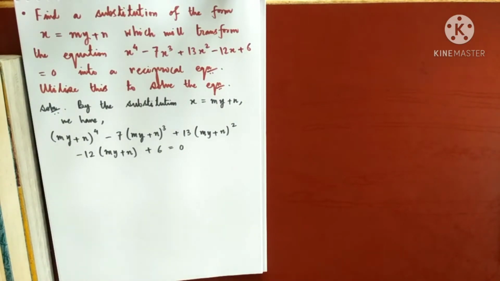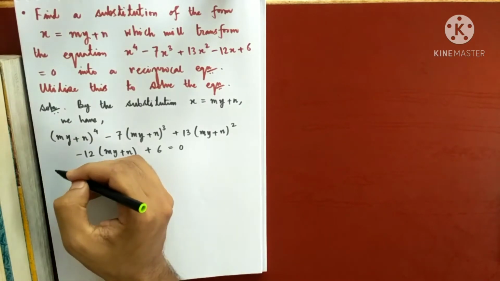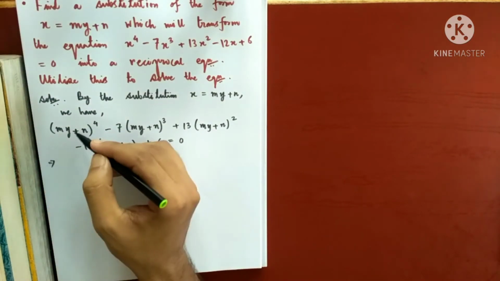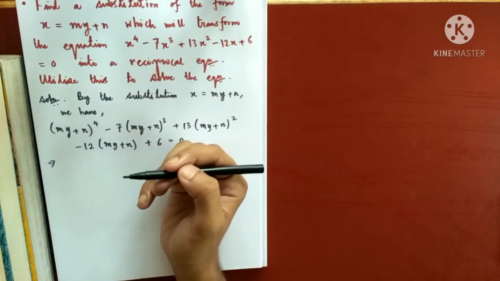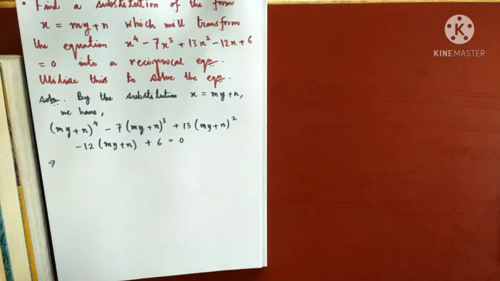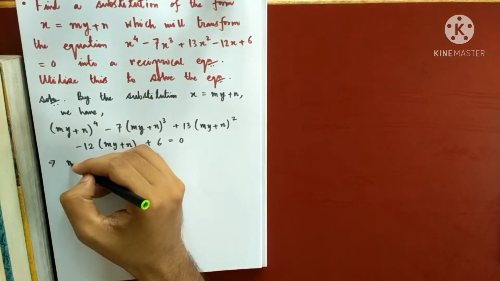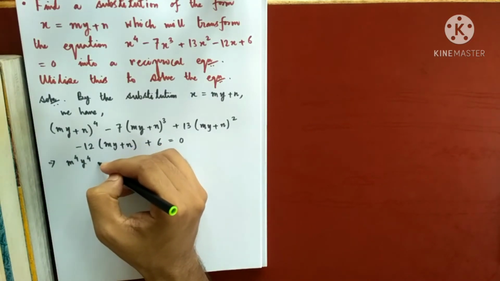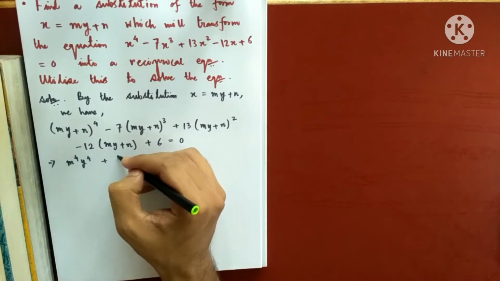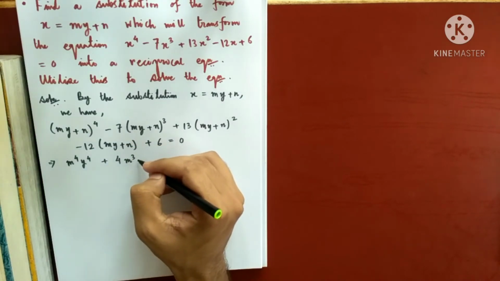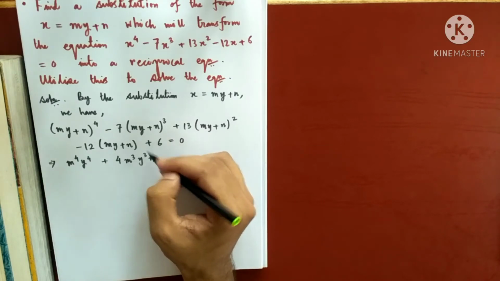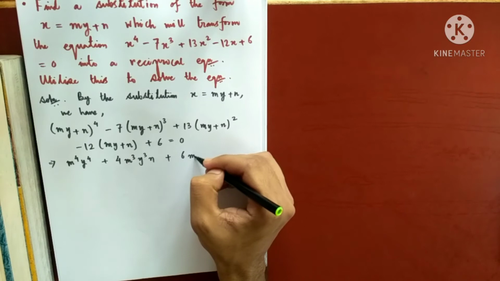Now let's simplify this in the decreasing power of y. It will take a lot of time. So you apply the formula for a plus b whole to the power 4. If you use the binomial expansion, the coefficients are 1, 4, 6, 4, 1. You should know this, right? So 1, that means this to the power 4, then this to the power 0, and then the next coefficient is 4. This power will decrease by 1, and this power will increase. Then 6, so both squared.